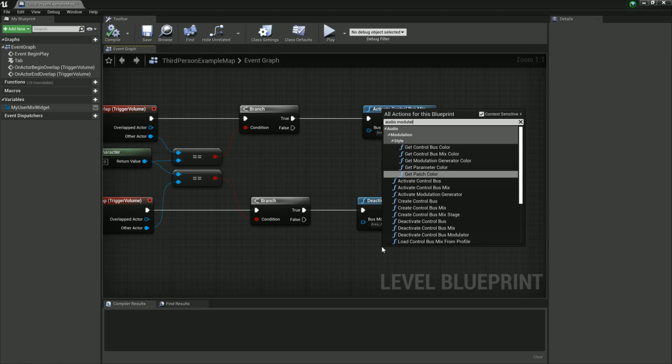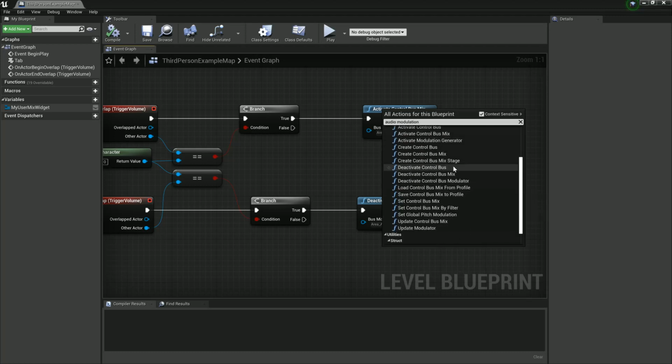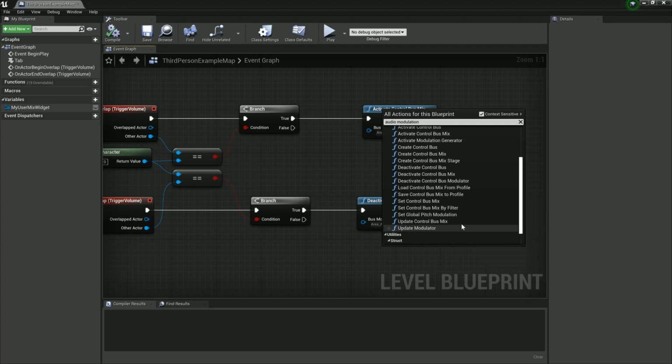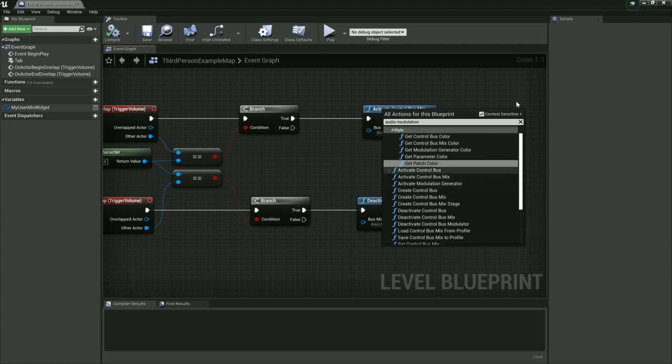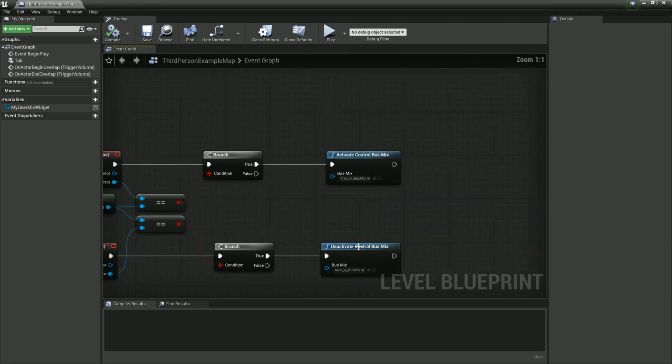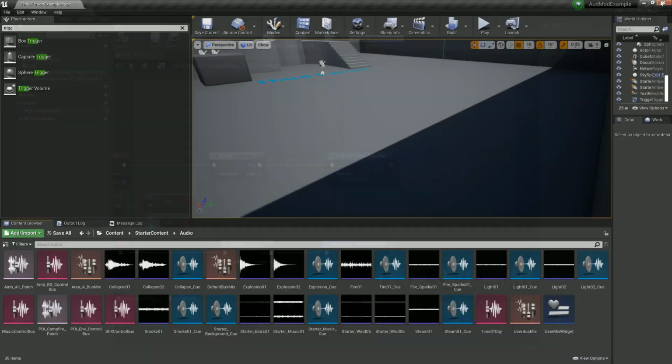Audio modulation. What else did we have here? Deactivate control bus mix, controls modulator. That's funny to me. But yeah, basically, that's the idea, and this should be pretty easy in terms of scripting, and I think you can do really clever things possibly with a little mix manager. So I like this a lot better. I like this approach a lot better than